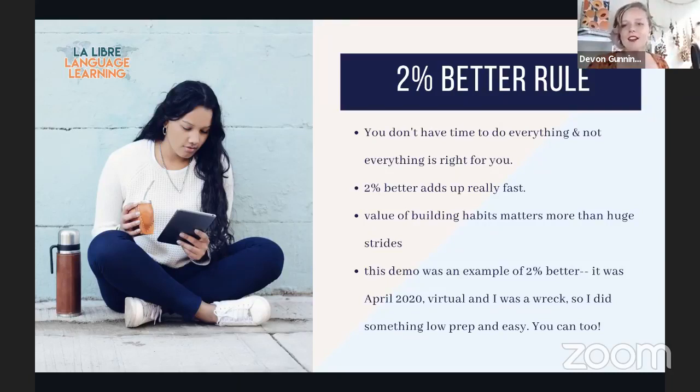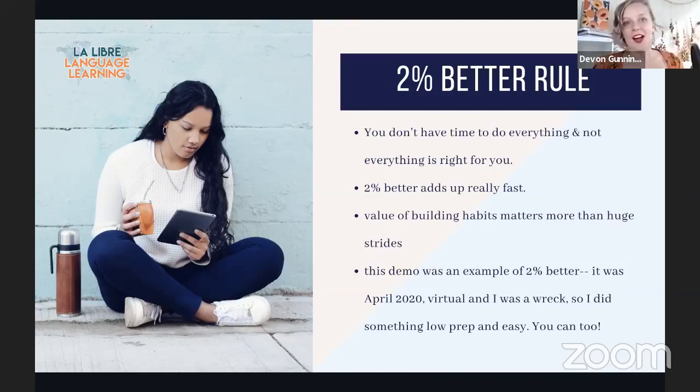So here's the 2% better rule that you've heard me talk about so many times. Let me check my time and see where we're at. Oh, we're so good. We're golden. Here's the real deal about what often happens, especially if you're new to this and you're trying a new method. Take it from somebody who has done this exact thing. If you're trying a lot of CI type lesson plans or ideas, if you're anything like me, you want to dive right in and you want to try all of it at once because you're really excited about it. You've seen how it works for other people,